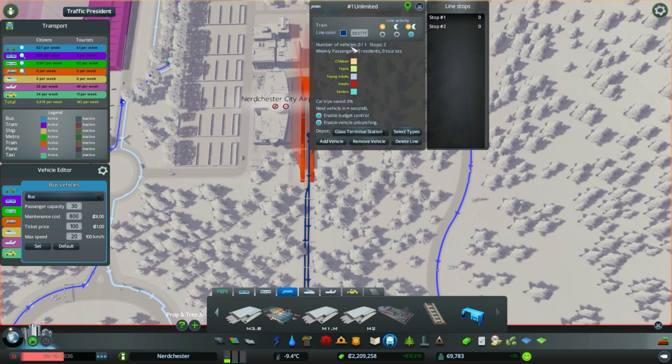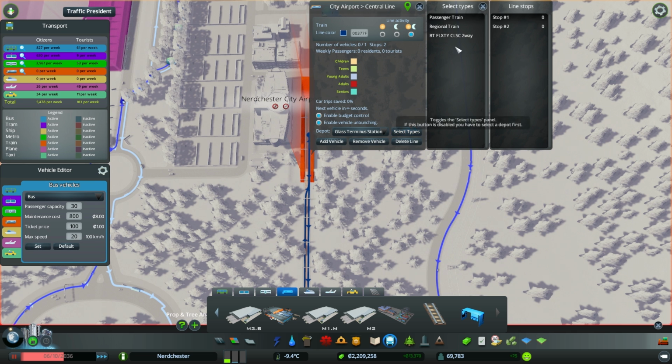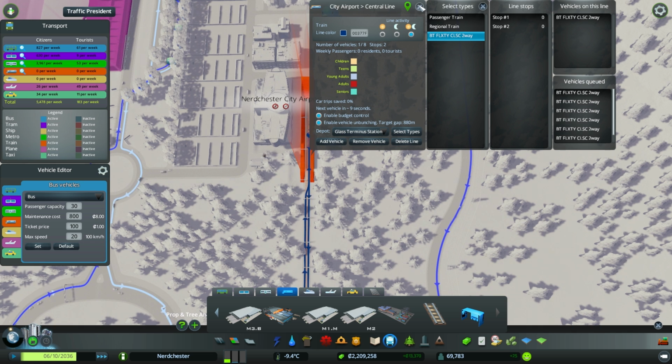So that is airport, city, airport to central line. Okay. Do I have any different types of trains? I absolutely do. I don't know what this is, that one, but I'm going to go with it. It's also got a lot of vehicles queued, which I don't think is a good idea. Let me remove a few of those. There we go. So that one...